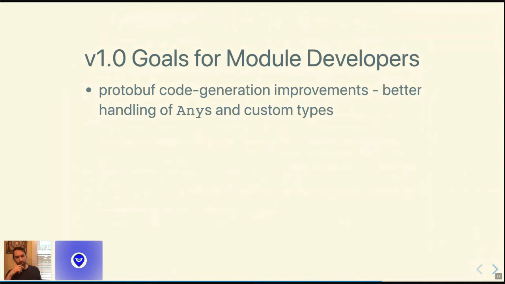One of the things that we're wrestling with in terms of protobuf is that when we first started migrating the SDK to protobuf, we decided to use a library, GoGo protobuf, which at the time was the best and the fastest Golang protobuf library. And a couple months later, Google announced their own V2 protobuf library, which is incompatible with GoGo protobuf. We've been in this space for the past year, trying to figure out what is the path forward. So we're going to have to wrestle with that in the next year.